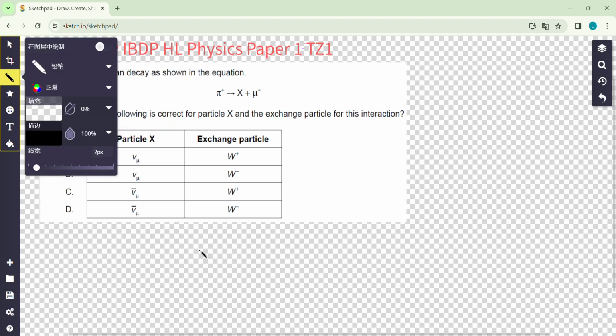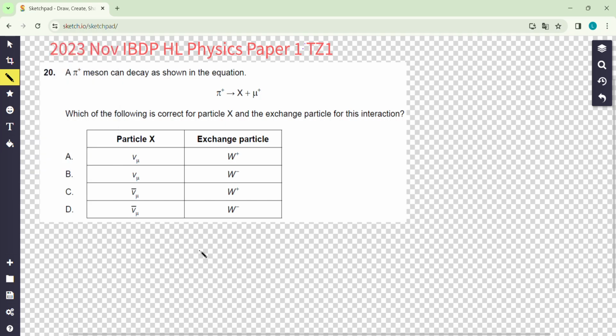Question 20 will be our syllabus question. Okay, I really love this part. Very fancy question. Look at the decay here, right? A particle decays into this thing. So look at here, very similar,